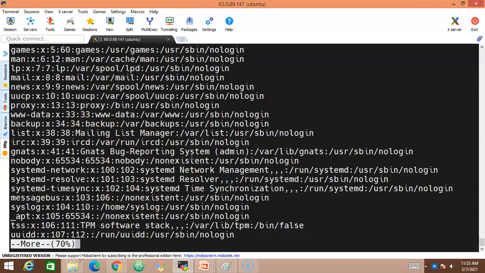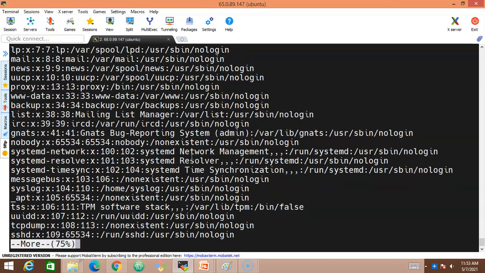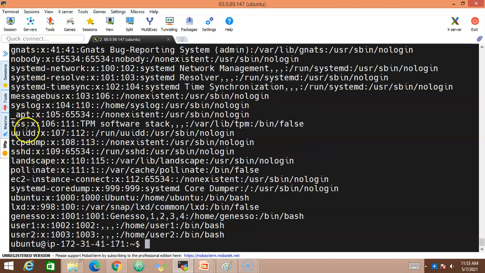So more is like, you know, we are trying to get the information displayed page by page, and simply press enter. When we press the spacebar, it will display the entire page. See, look at this. It is displaying the entire next page. I'll try to show it to you in a different example so that you'll understand it better. The spacebar, the space button.